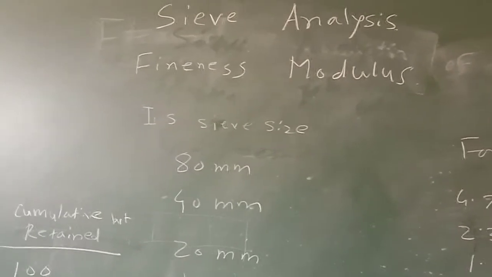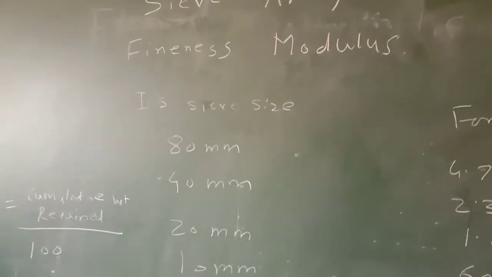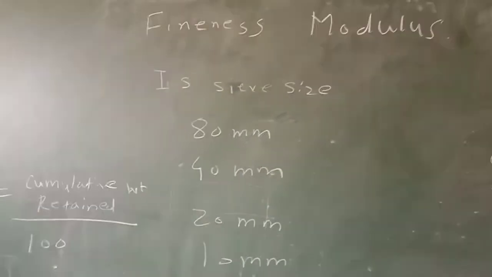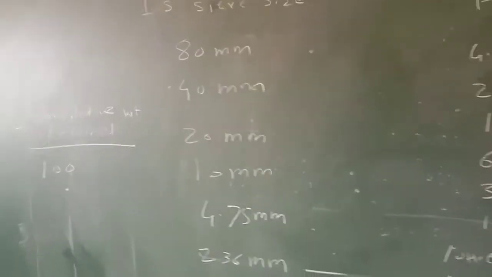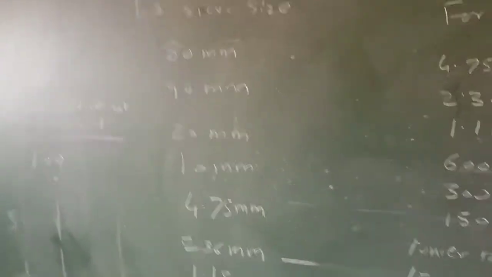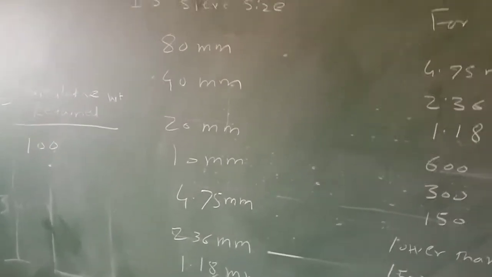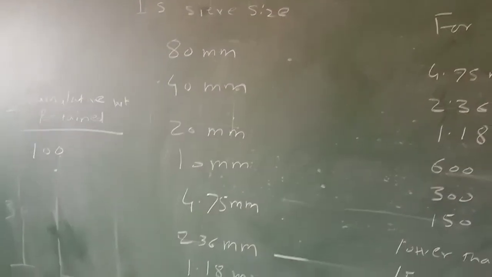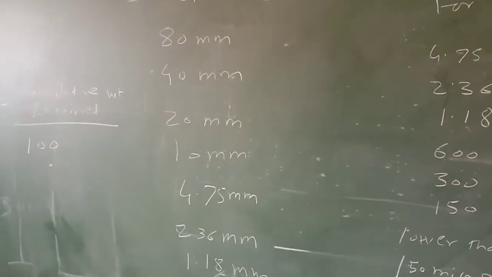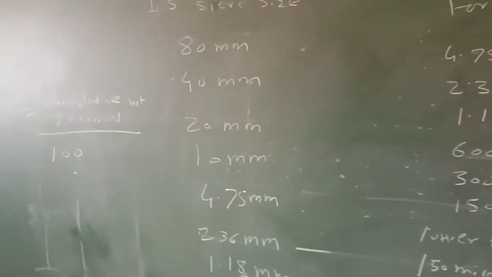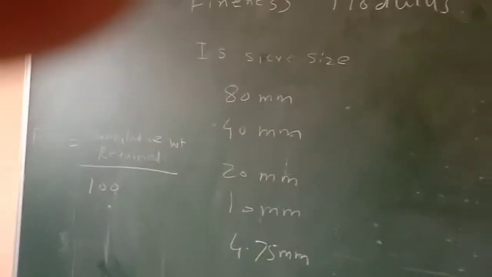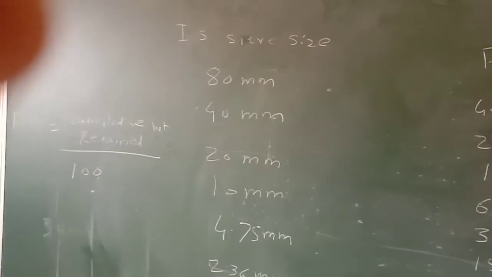Suppose you are making concrete and you require 100 kg of coarse aggregate. We know the sizes of coarse aggregate, say 20 mm, 10 mm, 4.75 mm. These are the normal sizes of coarse aggregate. Out of that 100 kg, what amount of 20 mm or 10 mm size coarse aggregate do we require? So what is the weight of that particular size of aggregate that we are going to fix in the sieve analysis? By fixing those sizes and particular weights, we are going to achieve the minimum voids.